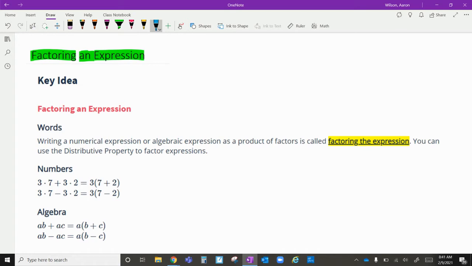What I mean by the opposite of the distributive property is originally you are given stuff like this, where you have a value outside the parentheses with either a sum or difference inside the parentheses. Remember, the distributive property says to do 3 times 7, which of course is 21, and 3 times 2, which of course is 6. So this is how you do the distributive property, but today we're going to actually be